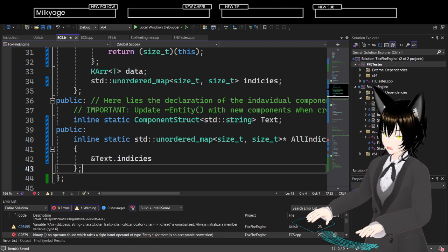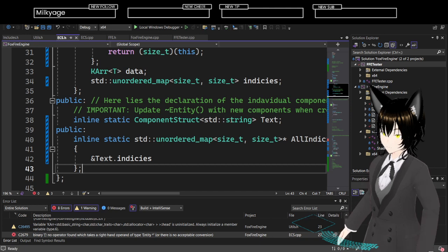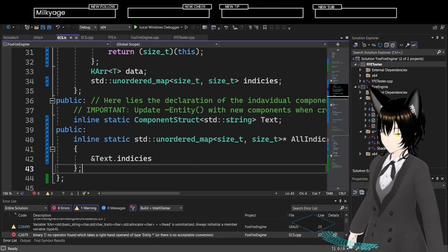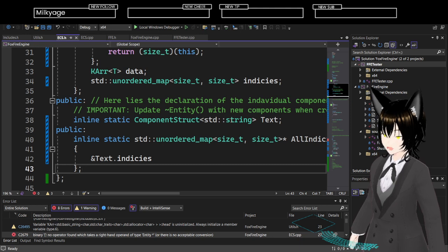Can't see anything source related. Let's take a look. Let's figure out what's going on here, because nothing should be privatized.